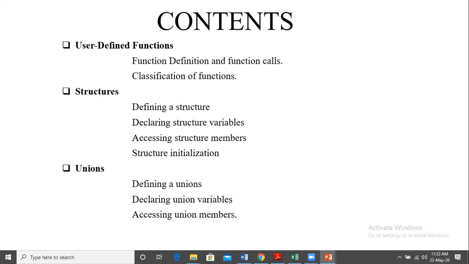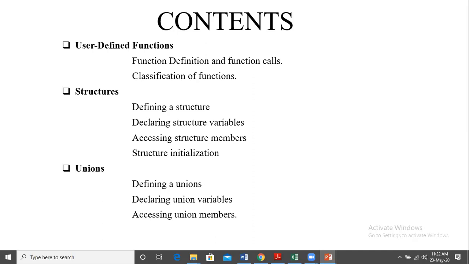So we will define the function. We will give a particular name. So instead of strlen, we may give something else and again define it. So that becomes a user defined function. Those will not be keywords. Whatever is already defined are keywords, built-in functions. The other type is the user defined function. So here we will see certain concepts like function definition, function call, different types of functions, and then we have structure and union.